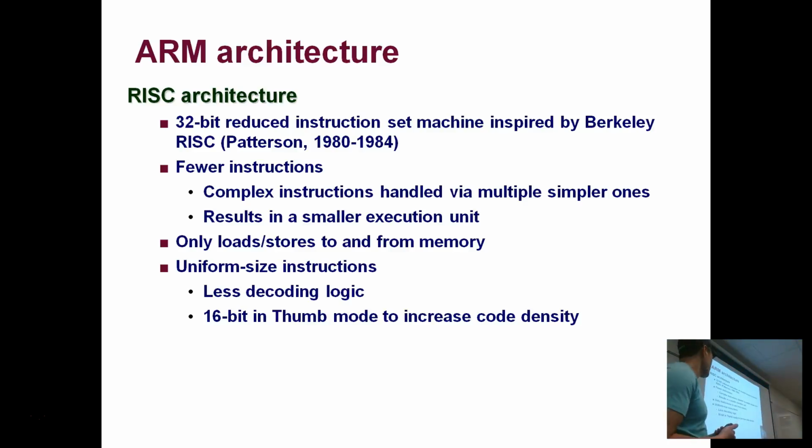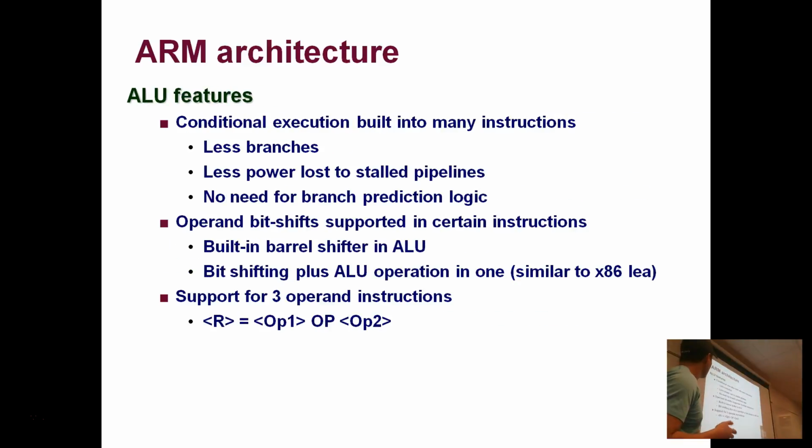Yeah. Well, so another interesting thing is uniform size instruction. So in x86, because the instruction set is so huge, they have 8-bit opcodes. They have 16-bit opcodes, and in the instruction decode, it's like a parser. You have to decode the instruction, it's not simple. Whereas with ARM, there's basically 2 kinds of modes, and they're both fixed size, uniform size instructions. So it's like a table lookup. That's all you need to do to look up an instruction.